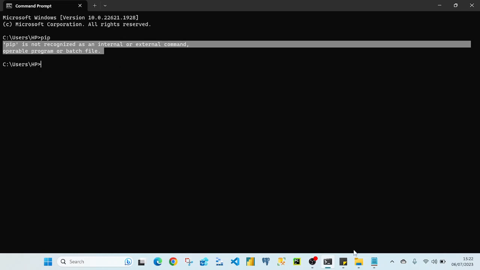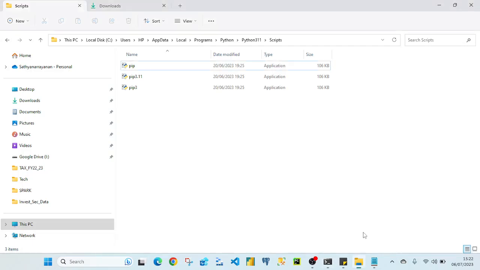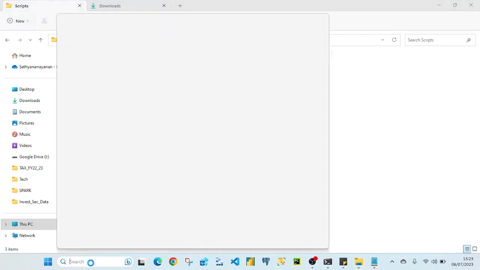So basically we have to do two things for this. Firstly, we have to check this path: C drive, username, AppData, Local, Programs, Python. In my case I have Python 3.11. Under Scripts we need to check whether pip is installed and the file exists in this path. And the second one is we need to type